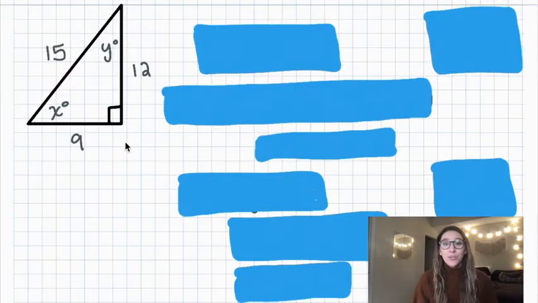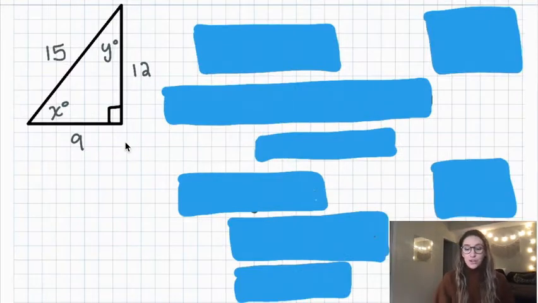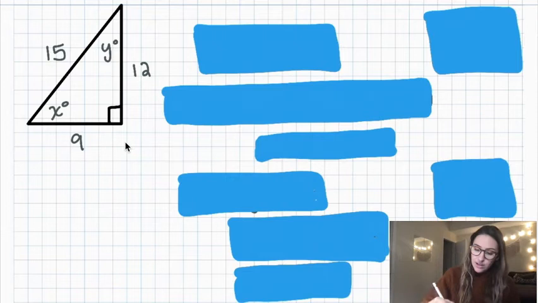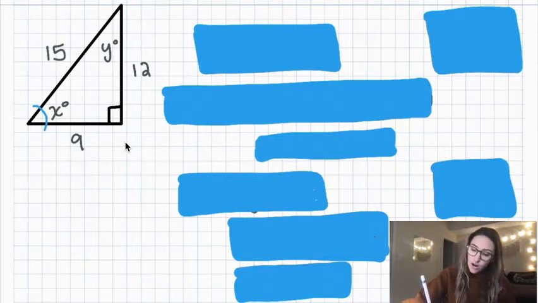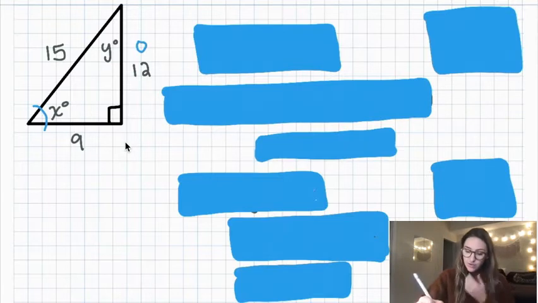We can use trigonometry to solve for missing angles in triangles. So in this triangle, we have all the sides already, but we want to know what the two angles are. So let's just pick one of them to get started. If I want to pick angle X, then I'm going to mark angle X and we're going to label the triangle focusing on angle X. So that would mean our opposite side is over here at 12, our adjacent side is 9, our hypotenuse will